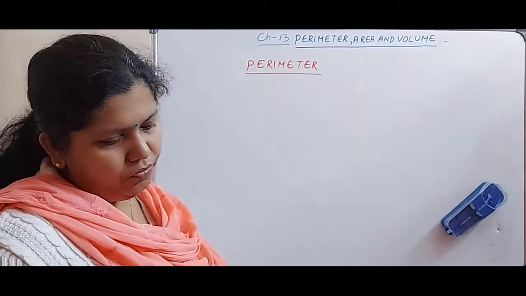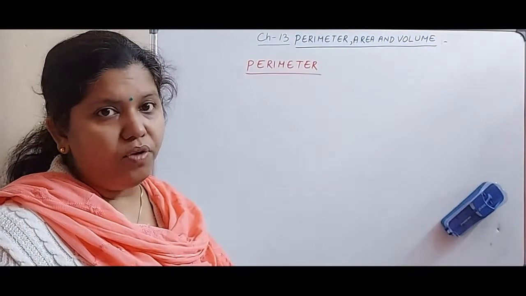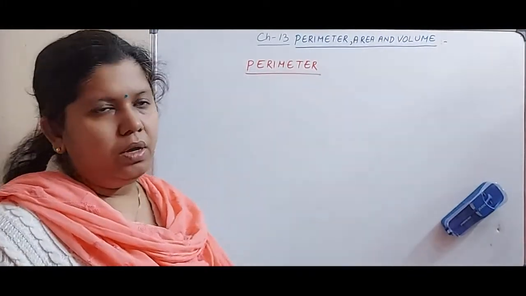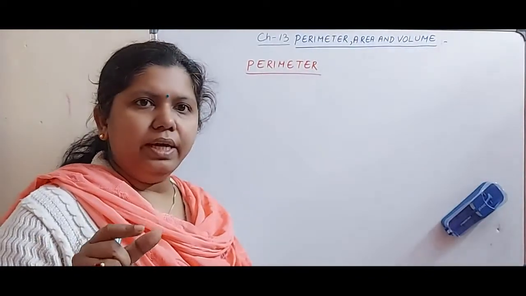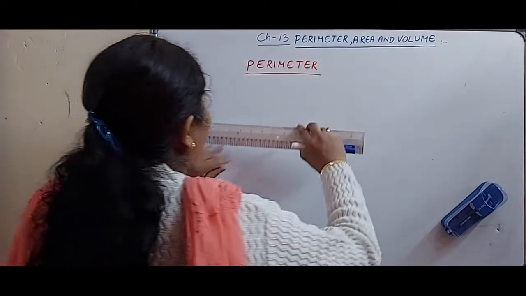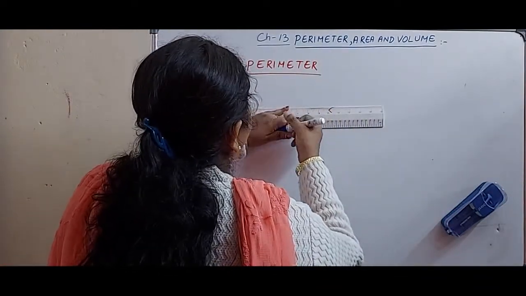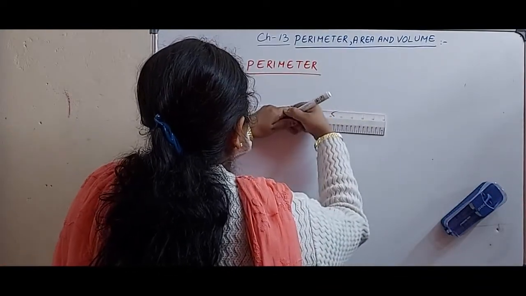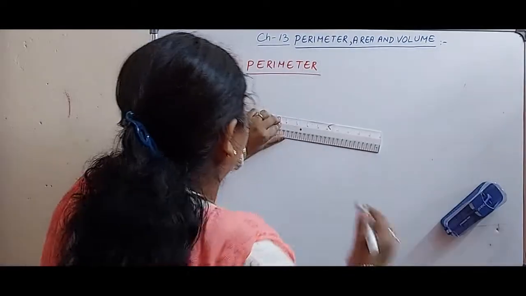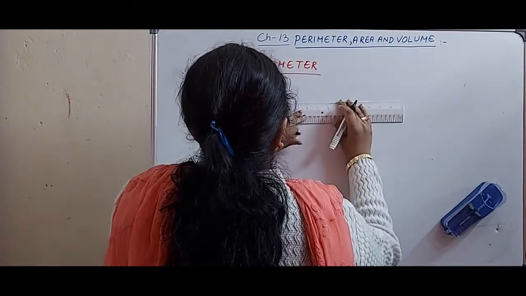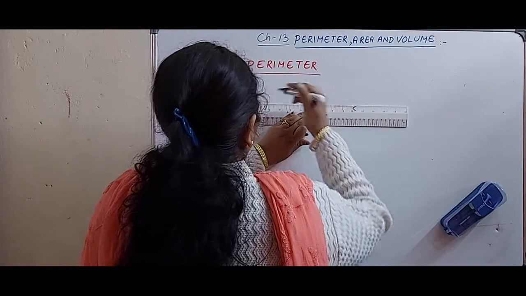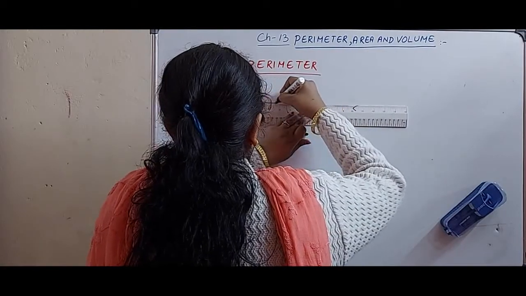So first of all, you see the number of squares row wise is 7, and the number of squares column wise is also 7. So each square we will take as 1 centimeter and we will follow and make the grid. I have used my scale. You also use your scale for doing the figure. First of all you have to draw a horizontal line of 7 centimeter from 0 to 7.